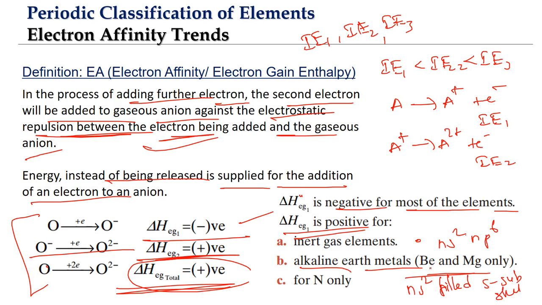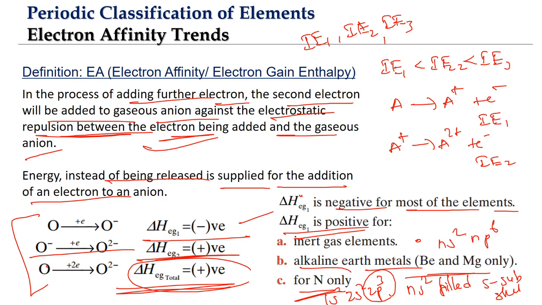That is the reason why that is more prominent in the case of the first two elements, beryllium and magnesium, because of the small size of these elements. So instead of the energy being released, we have to supply energy. The same is the case with nitrogen also, because remember the nitrogen arrangement: 1s2, 2s2, 2p3, half filled p. But this is prominent only in the case of nitrogen, not the other elements of the group, as the size is going to be increasing.